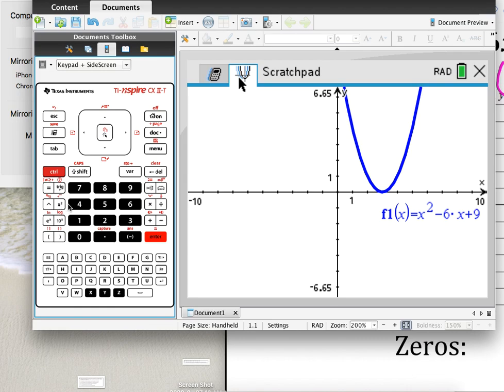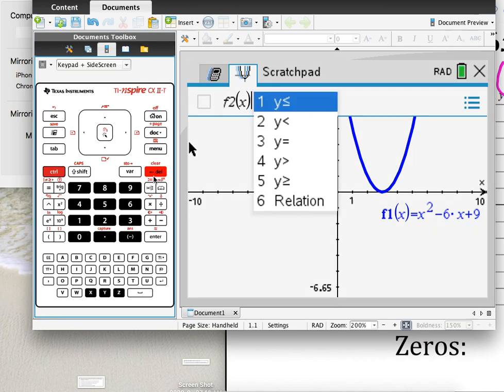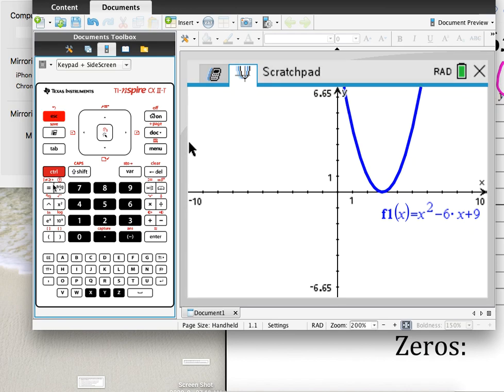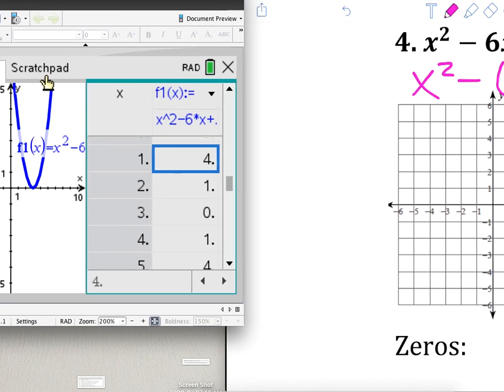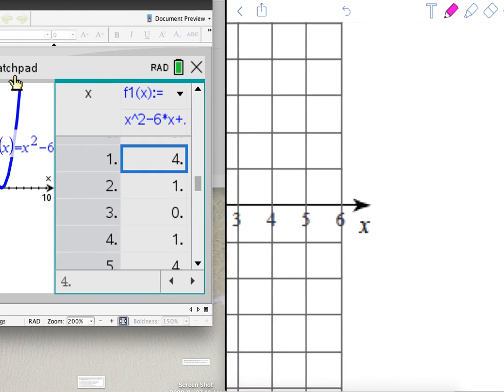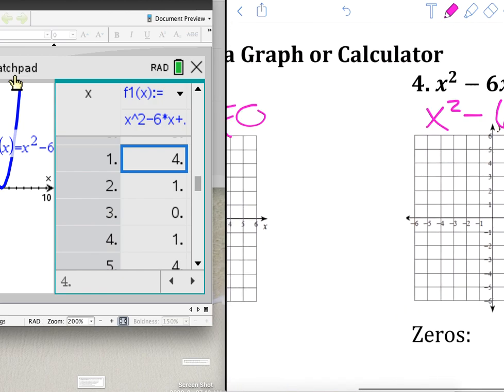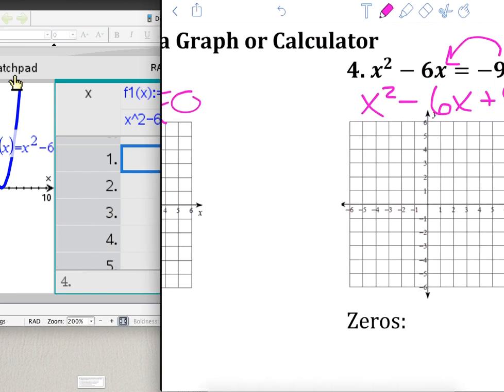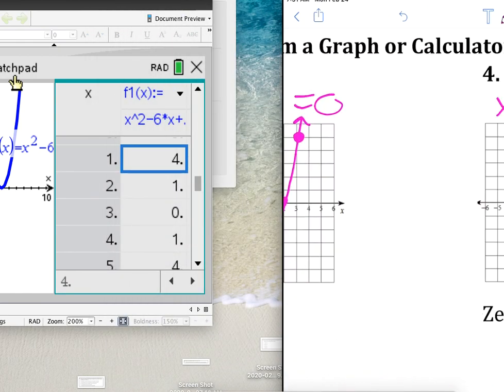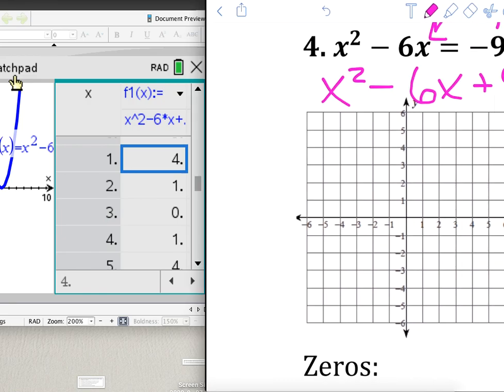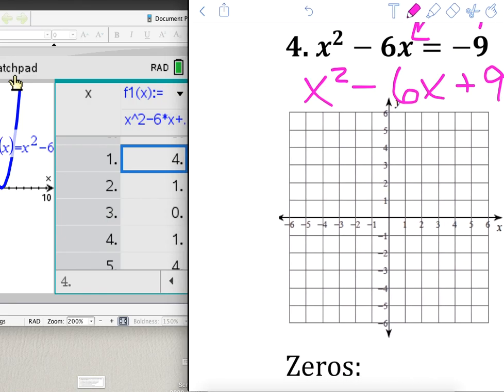All right, so same process again. We are going to need to get our table. Control-T makes my table. Whoops, I hit Tab. Escape. Control-T, there we go. Gets my table. I'm going to move it over here so we can see it. And let's look at our graph for this next problem. There we go. Okay, so on problem 4, when we're graphing these points, remember we only want ones that will